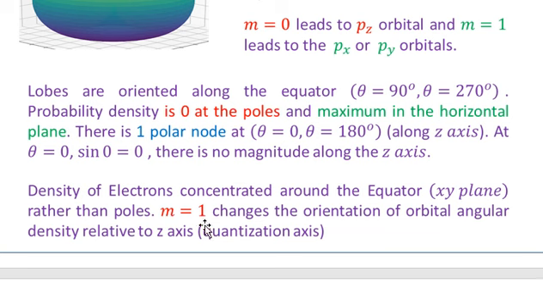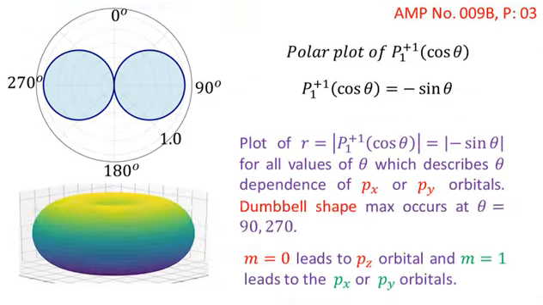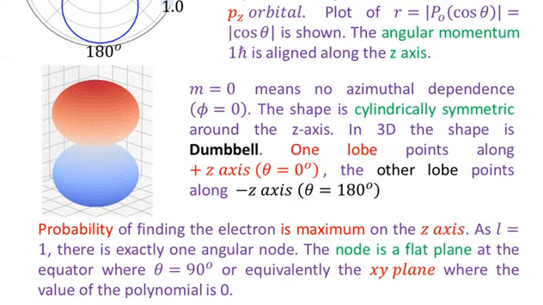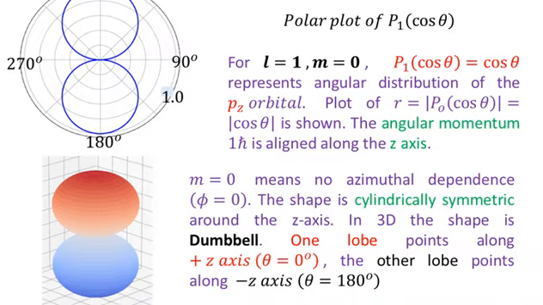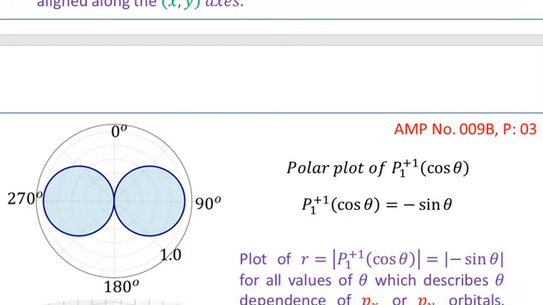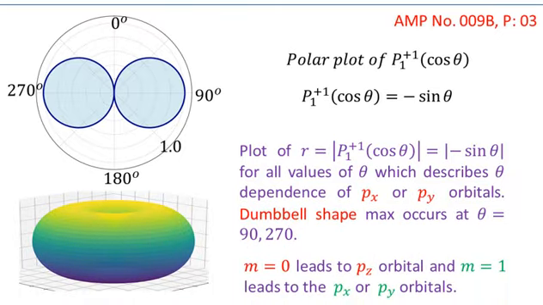So you see that m equal to 1 changes the orientation of the orbital angular momentum density relative to the z-axis, or the quantization axis. In the previous slide, when we were discussing the case m equal to 0, the maximum density was lying along the z-axis. But with m equal to 1, the density has shifted along the x direction or the y direction. Since the x-axis and y direction have the same value,